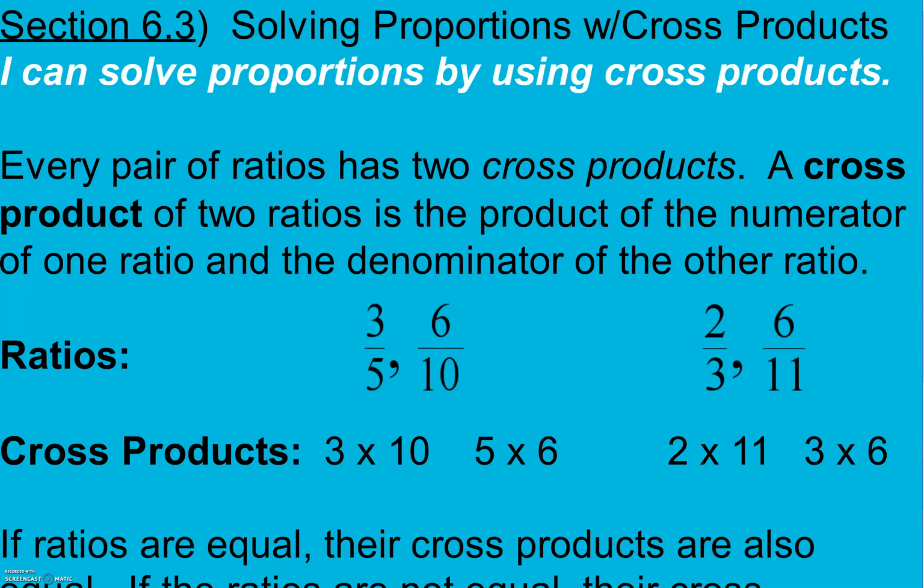Section 6.3 is solving proportions with cross products. I can solve proportions by using cross products. Every pair of ratios has two cross products. A cross product of two ratios is the product of the numerator of one ratio and the denominator of the